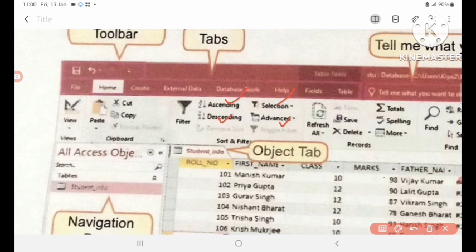Next group is Records. In this there are many commands: refresh all, save, delete. So children, I told you already, the ribbon is divided into three parts: tab, group and command. So this is the ribbon.